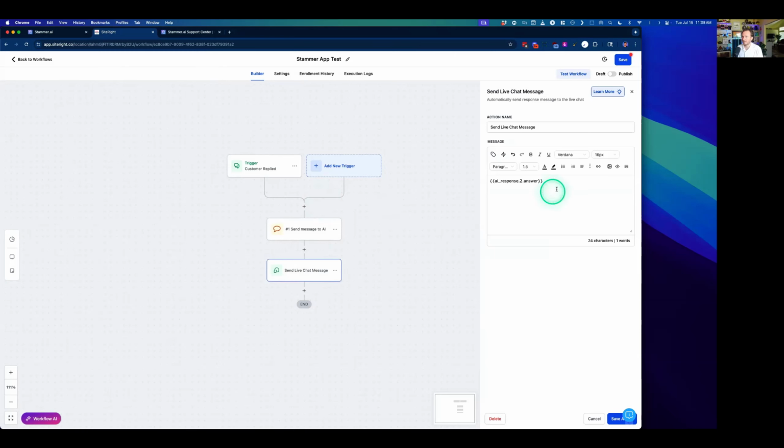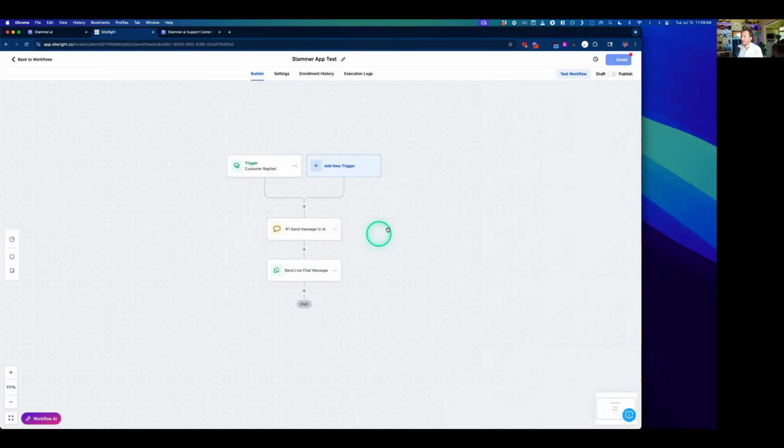Once that message is generated, it will come back as another dynamic value response. This is found simply through the values here, where you go through it and select the answer, and then that answer will show up here. When you have this answer in here, it will then send that message back to the user on the front end, whether that's SMS, WhatsApp, live chat, whatever it may be. And that's essentially it. That's as simple as it needs to be. There are no other changes or technical bits that you need to focus on with authentication or your API keys or anything of that.